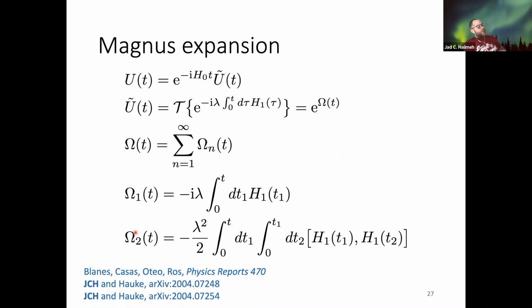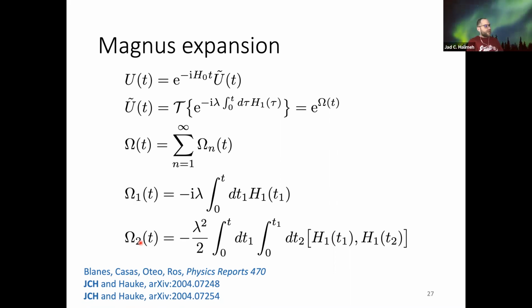So omega 1 and omega 2, we're only going to consider these two because otherwise the analytics gets really ugly. Already at third order, there's a lot of numerical overhead to simulate the dynamics with the Magnus expansion. We're not going to go there. An important thing to note is that usually, to see if the Magnus expansion really converges, you have to check this analytically. We're going to check our time evolution from the Magnus expansion against what we did in exact diagonalization, and we will see how they match really well.